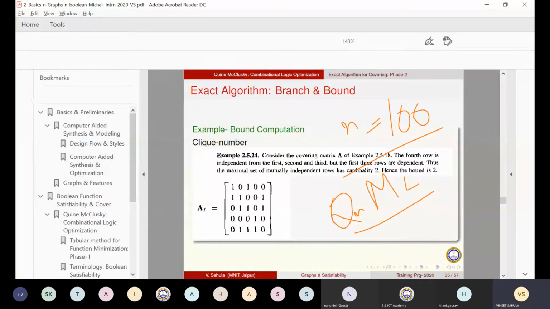This matrix will be very large and you cannot take a decision on it. If n is 100, the number of minterms would definitely be 2 to the power 99. And even if you divide it by something, your implicants could easily be 2 to the power 5 or something. 32 implicants or 64 implicants. For 64 implicants, if you draw the binary tree, the leaves will be 2 to the power 64. Are you following what I'm saying? Should I go on the board? Let me go on the board.